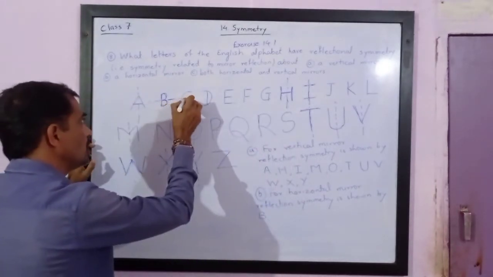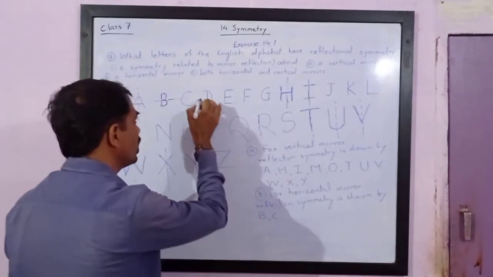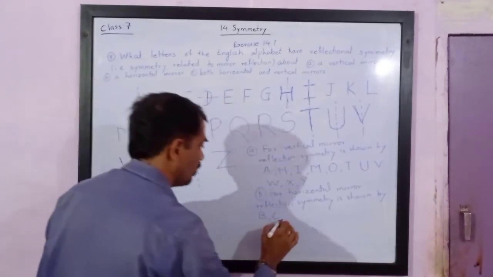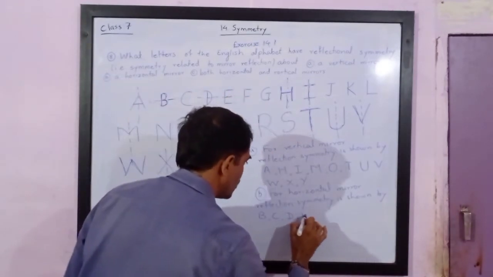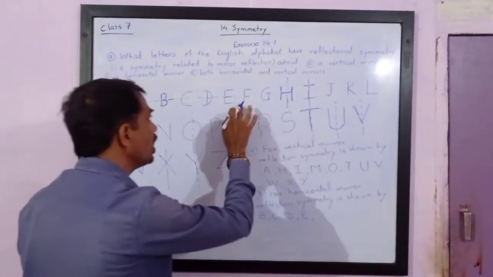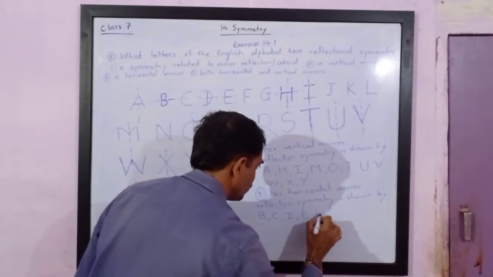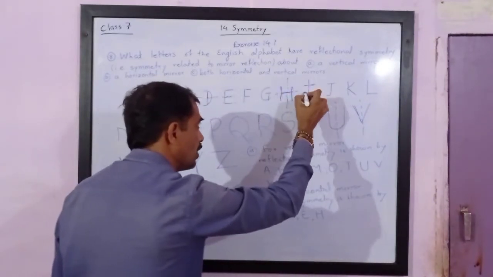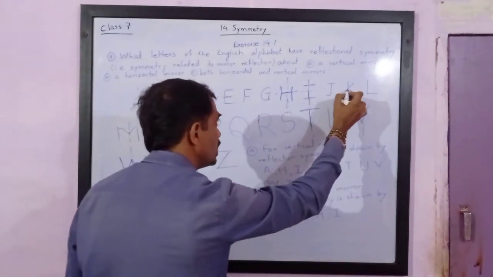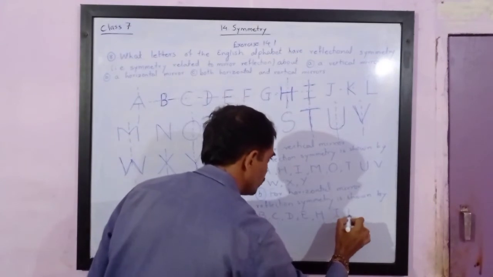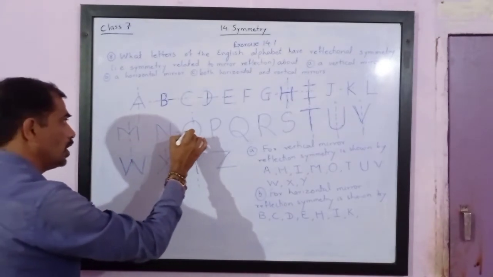Then for C also you will notice that it makes exactly two equal parts. Then for D also you will notice that it makes exactly two equal parts. Then for E also it will make exactly two equal parts. For F it is not there, for G it is not there, for H it shows. For H, exactly two equal parts. Then for I also it shows. For J it does not. For K it shows. For L it is not showing. For M it is not showing. For O it shows directly.